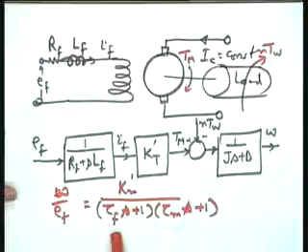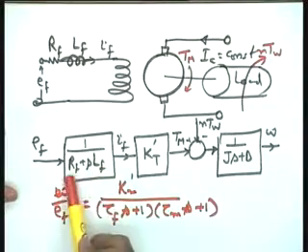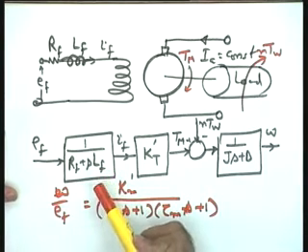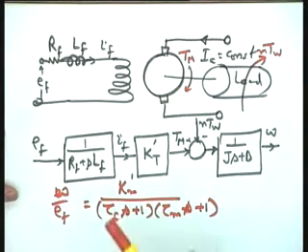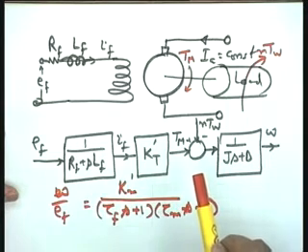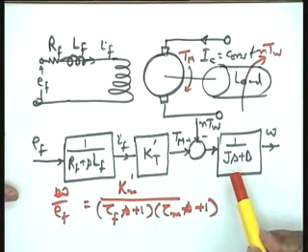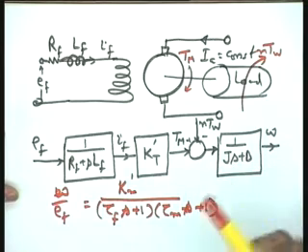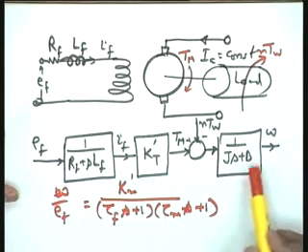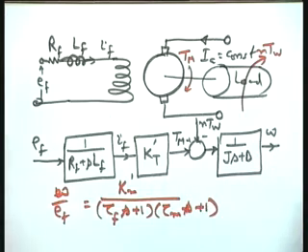You see that the higher the order of the model, more complex will become the design, as you will see later. In this case LF cannot be neglected. So, between omega and EF it is a second order, between theta m and EF it is third order. Tau f, as you see in this particular case, is LF upon RF, which is the field time constant, which is not negligible, while the armature circuit time constant was negligible. And tau m is identically the same, that is, it is the mechanical time constant as you had in the earlier case, but now in this particular case in the mechanical time constant the Kb term is not coming. So, this becomes the mathematical model.